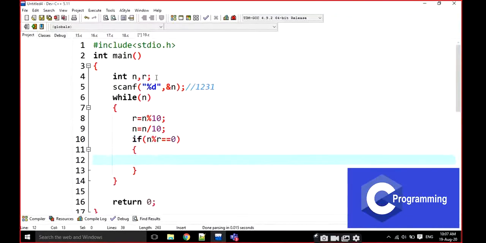But what is the n value? The n value is changing every time. For example, if it is 36, at this time the r value is 6 and the n value becomes 3. Then we are checking whether 3 is divisible by 6.